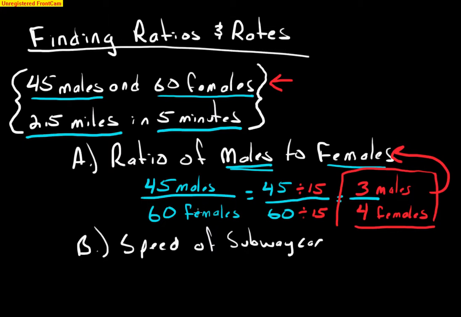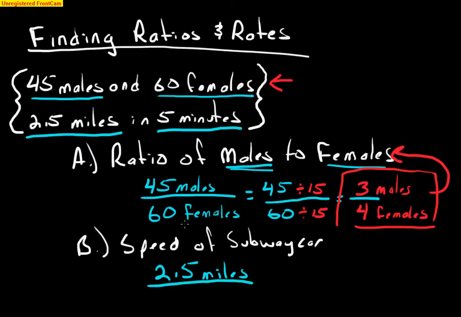Now on this one, it's a little bit more unclear about which one to put on top, and so a lot of times you try to put the smaller one on top, but really the one that you're going to put on top is the one that you're looking for, because we're going to reduce the bottom down to 1, and so we're actually looking at the speed, so we want to know how fast it's going, okay, or how far it's going in this case. So we want the 2.5 on top. Okay, so it's 2.5 miles,